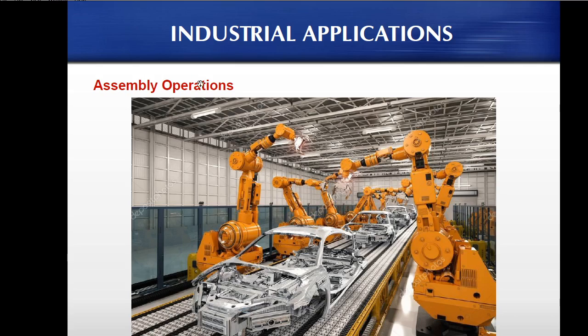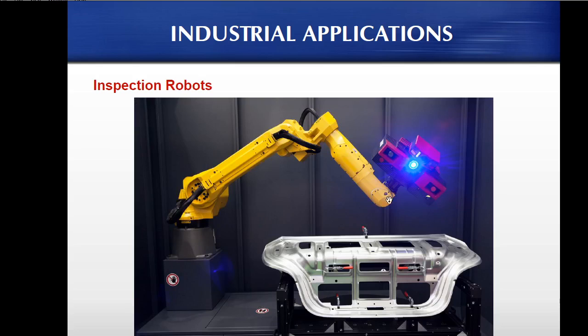Then we have the assembly operations where you can see a proper gripper, a pick and place gripper, being used for picking different parts and performing the assembly operation. So there are several robots here and they will be taking different parts from their side and placing them onto the structure. Okay, and this is the inspection robot where you can see we have a particular machine part or some vehicle part here and it is using some laser beams.